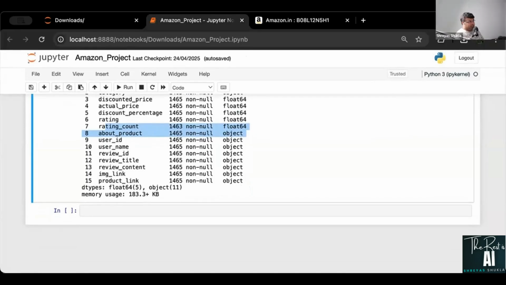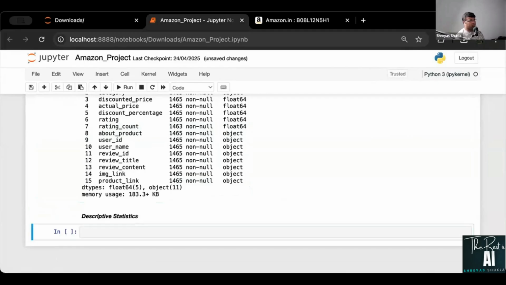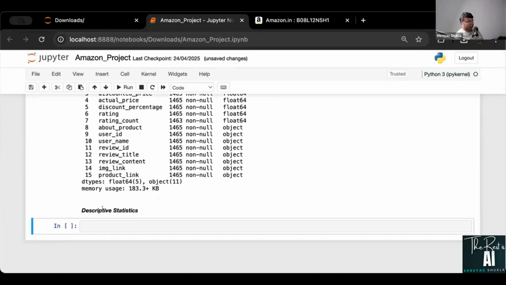Okay, so speaking of statistics, let us go and do that right away. I'm going to put some heading right away. I'll say that this is descriptive statistics. Now, descriptive statistics are basically nothing but a collection of quantitative measures that summarize the characteristics of a data set. What I mean by that is if I say df dot describe and run that,